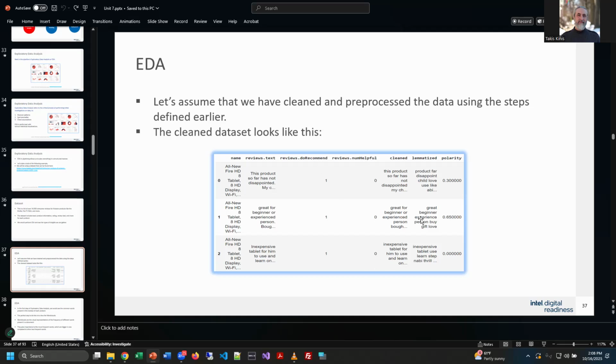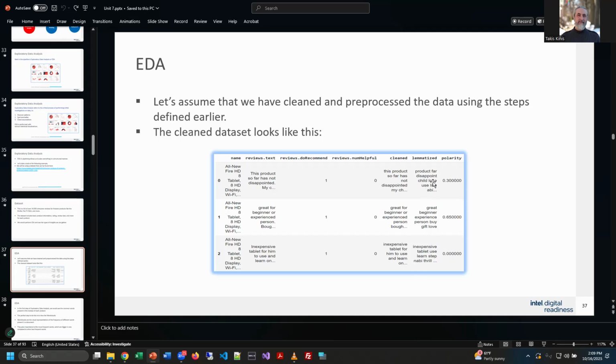whether it's recommended or whether the review was helpful, the date, and the words in the review cleaned, right? So I don't know if that removes stop words. It doesn't seem to, but it's all lowercase. And then lemmatized, basically getting to the root words where they boil it down. And notice how there's no stop words in there, and they're all lowercase, and there's certain words that are pretty